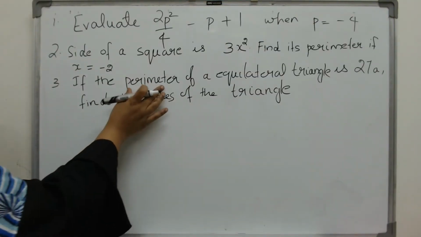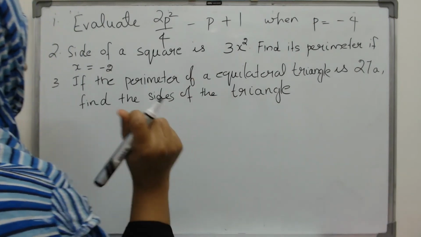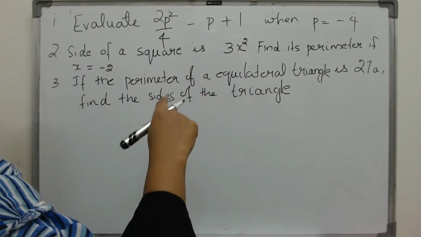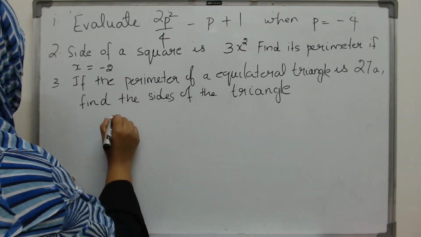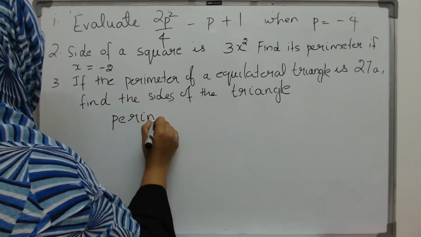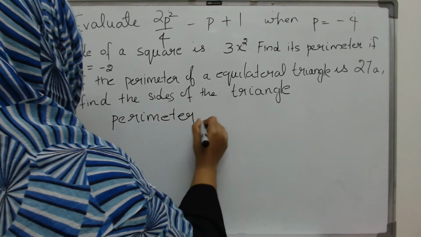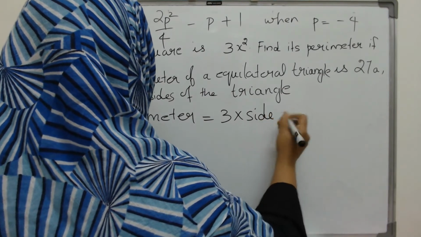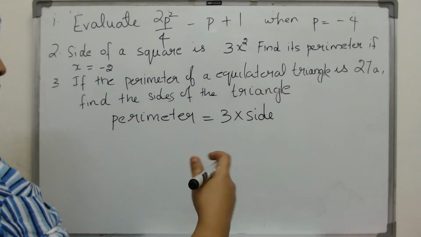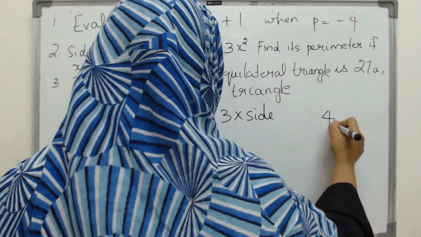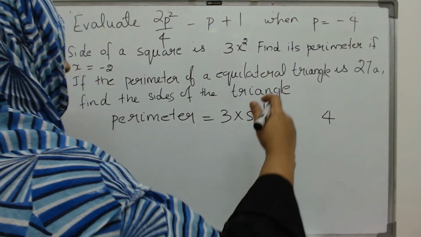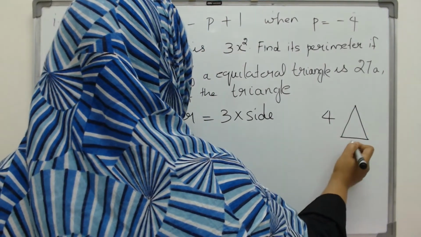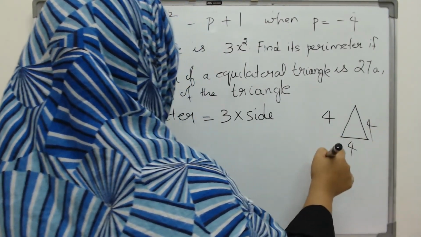Now, if the perimeter of an equilateral triangle, what do you know about an equilateral triangle? All its sides are the same. So, its perimeter will be 3 into its side. Why is that? All the sides will be the same. So, if say one side is 4, then what will be the perimeter? Perimeter is the sum of the sides. This is the triangle. Suppose if one side is 4, this will be 4, this will be 4. And the perimeter would